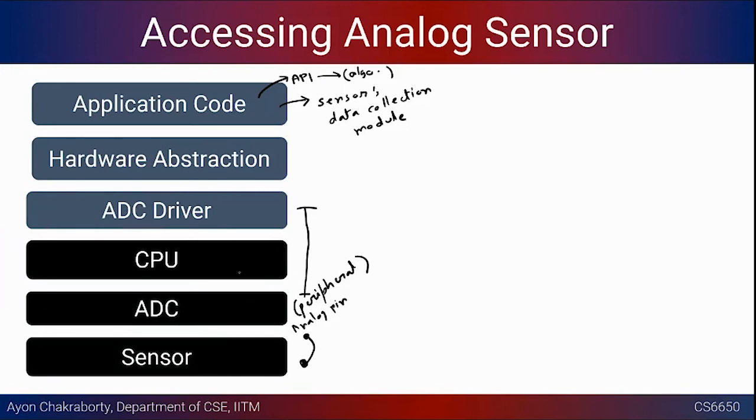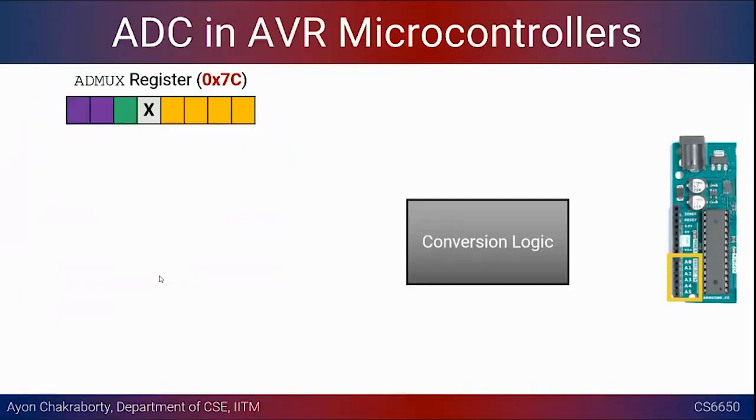So in your microcontroller, the CPU and the ADC exist, and all you are doing is enabling the ADC to receive the data, right? And it doesn't happen just in one step. There are lots of things associated with this, lots of registers and so on. We already gave an introduction to that in the last class, and I'll try to recap that very quickly